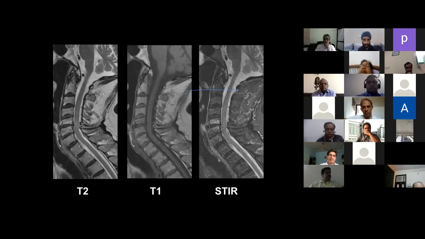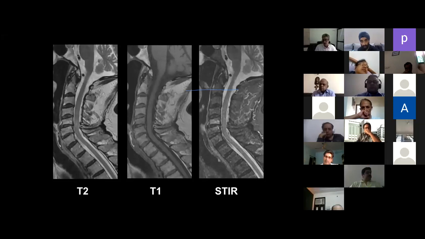Okay, I think there's another question. Whether we need to do a repeat in a POTT spine, do we need contrast imaging or not? I think you already answered that question, but would you like to comment on that specifically? Usually for diagnosis it is not required. I have to differentiate between a phlegmon or an abscess. If I have to differentiate between an epidural phlegmon or an area of breakdown, I want to see whether it is an abscess, then we give contrast.